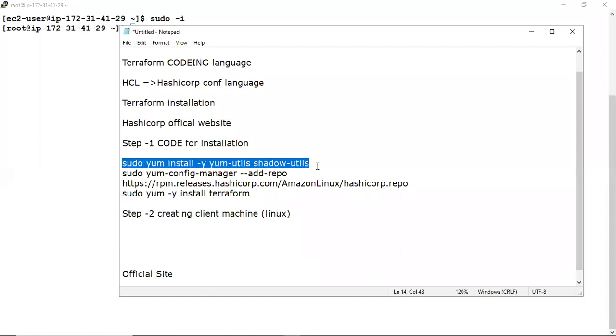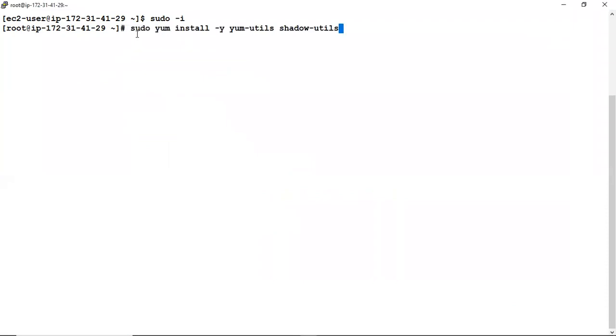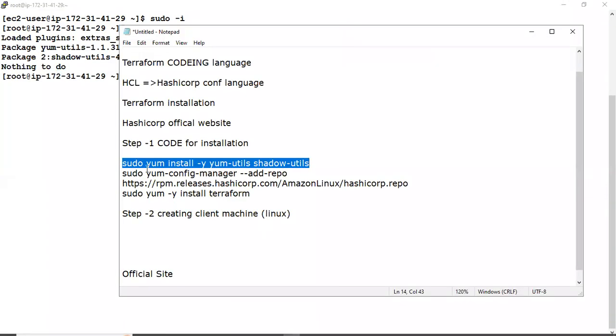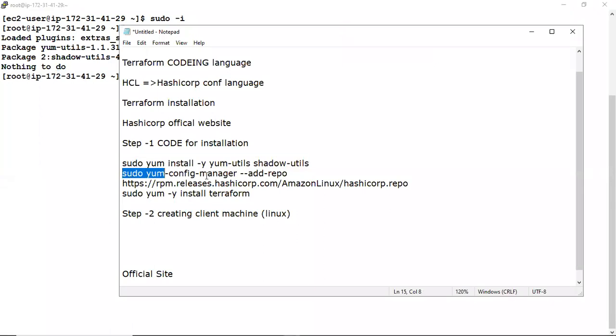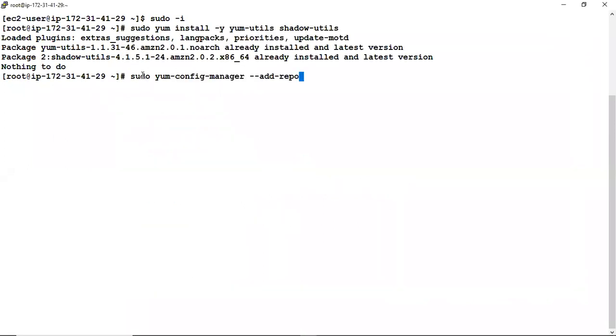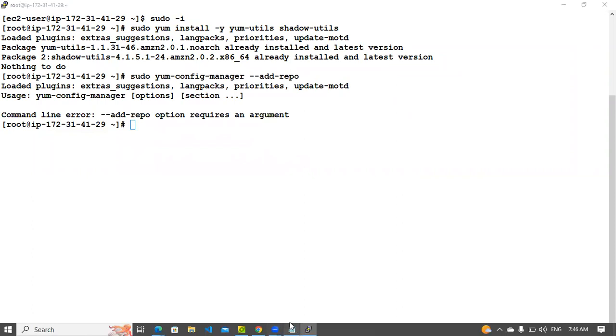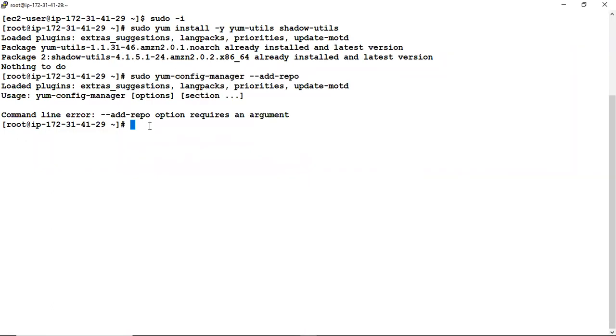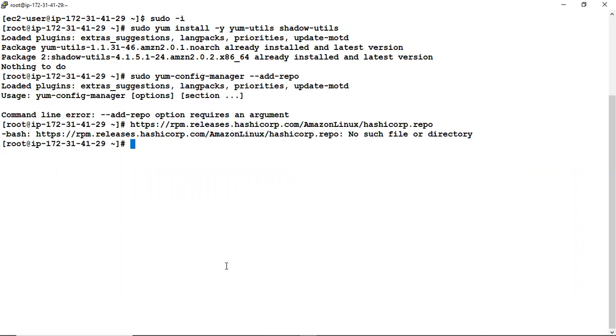The first one is this one. I copy it and paste it here.